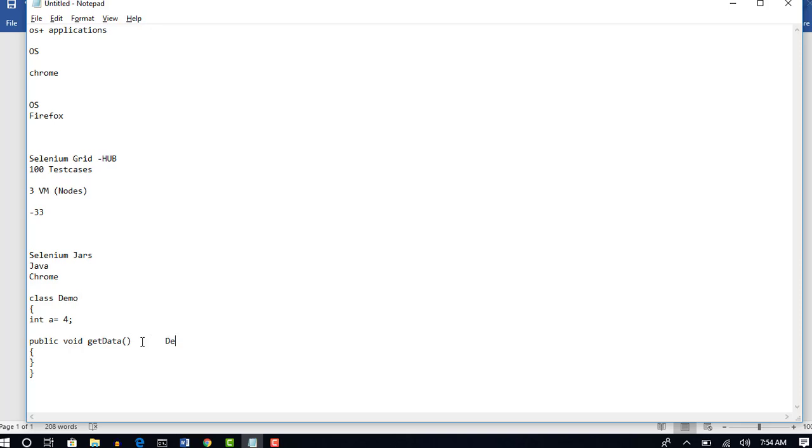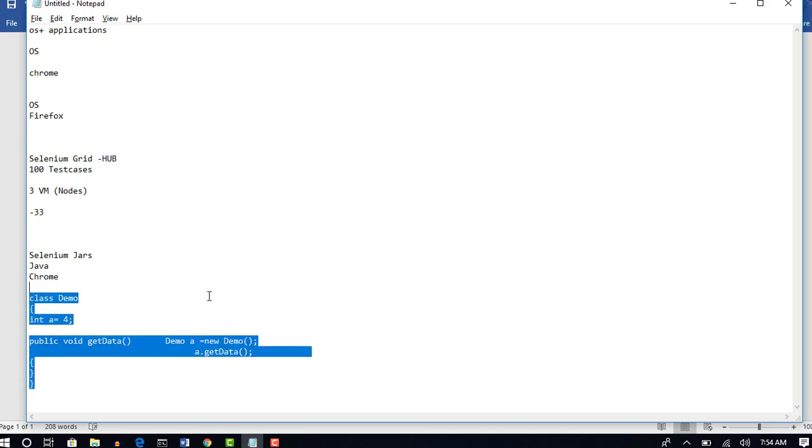I'll let you know why I'm teaching this right now. Demo, object name is a, and then a.getData. Fine. This is how you call a method present in this class.